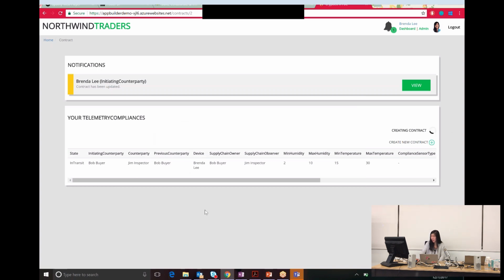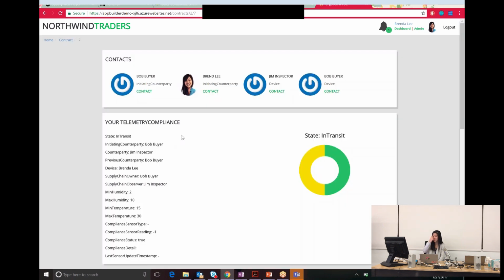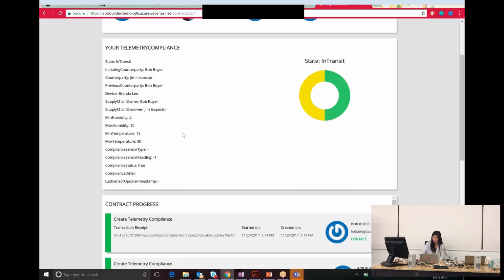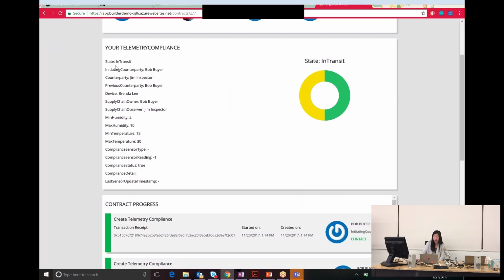the right. Basically what's happening here is that it's submitting all that information to the blockchain, and the blockchain is validating it. So while that's happening, I'll just go into one that I've created already so you can see what's going on here. So in this particular example, what you see at the top is all my contacts that are involved in this particular smart contract instance, and I can see details of the smart contract,